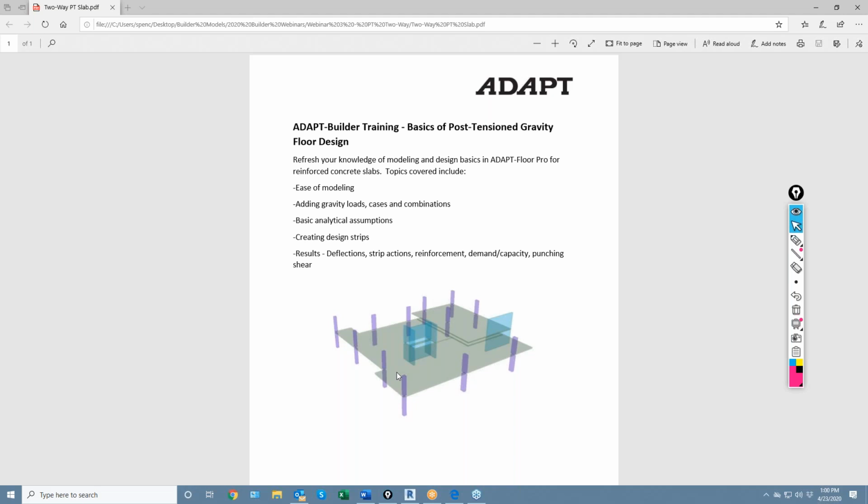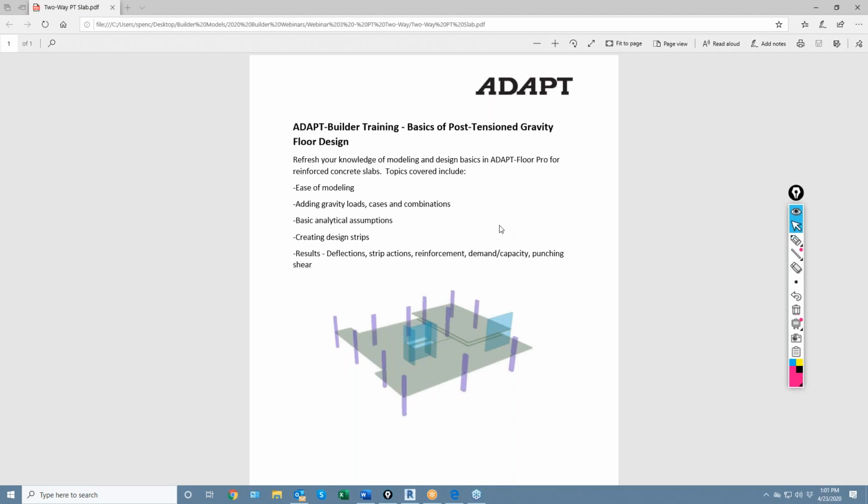For some of you, I know this is likely going to be fairly basic, but we want to make sure that those that are new to the software and maybe using it for the first time are able to understand some of the basics and just the fundamentals of how the program operates and how we would go about